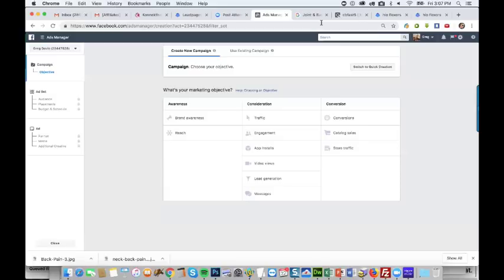Do you recommend Bing for traffic? I haven't touched Bing for years and years, so I don't know. I can't say either way, whether it's good or not, because I haven't used it in a while.